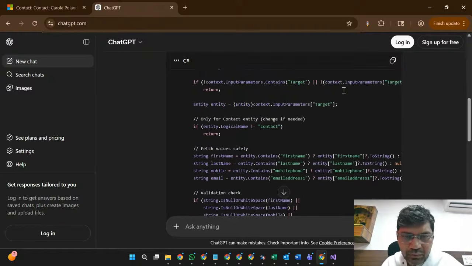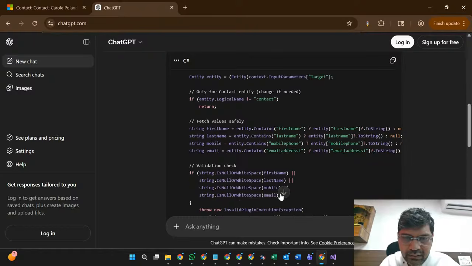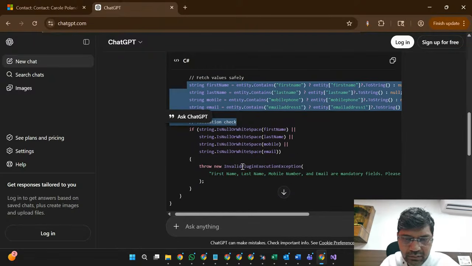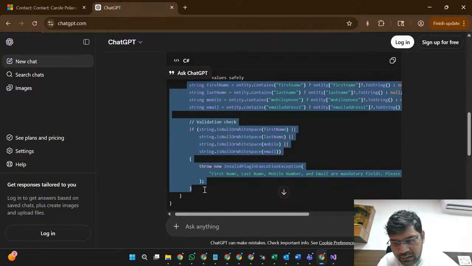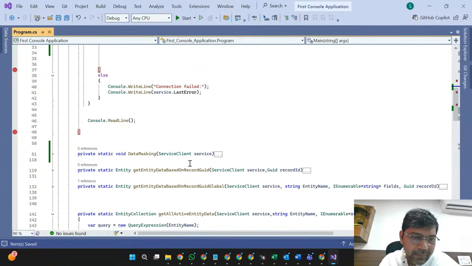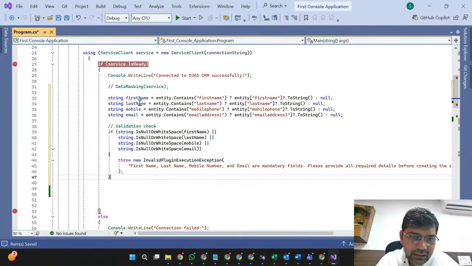Suppose I want to write my code in a console based application. I have to validate my logic in my console app. So let's use this particular area only.